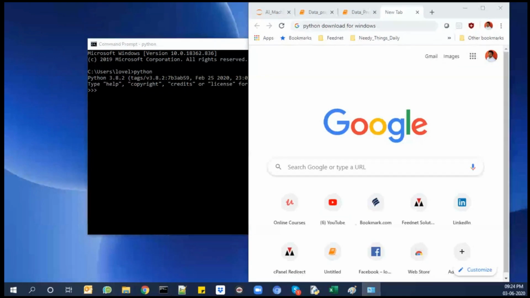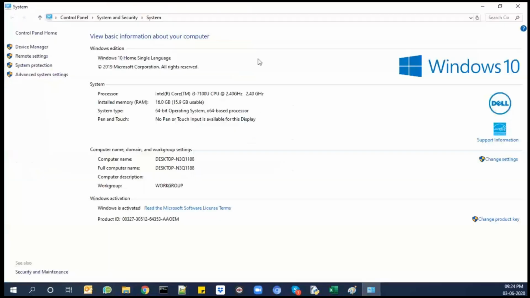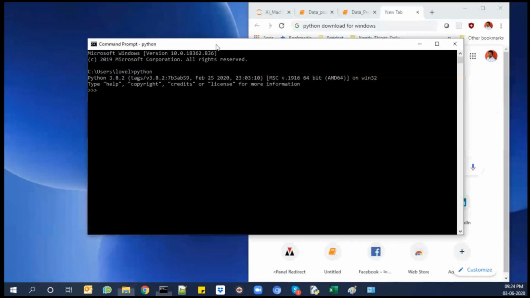You will get a properties screen pop up. Here, what is your operating system will be displayed, Windows 10 or Windows 7 or Windows XP, and you can also see the system type, 64-bit or 32-bit. Based on that, we need to install the Python package in our system. So what we need to do,